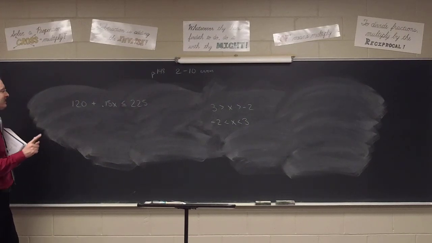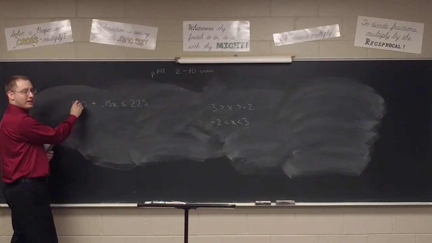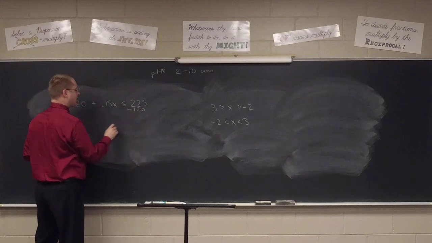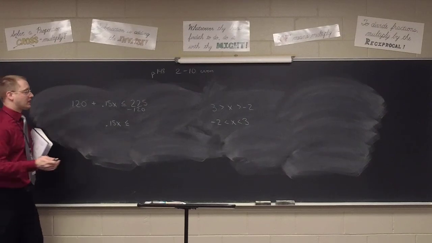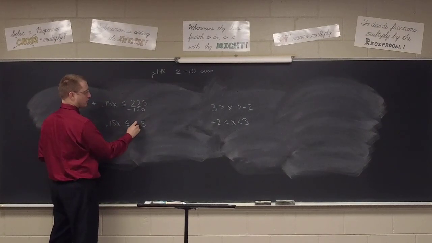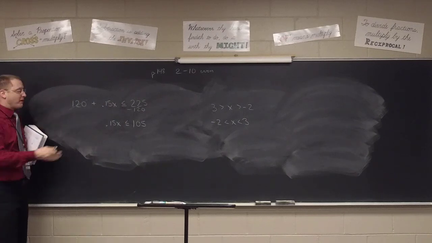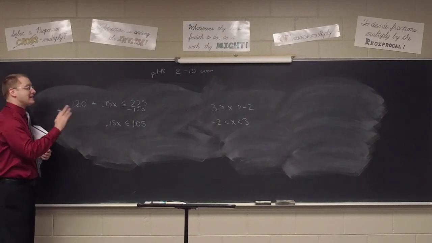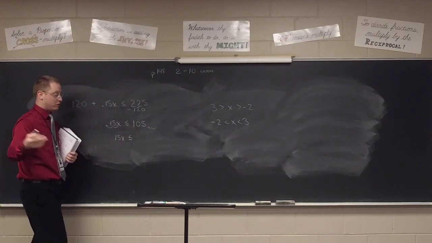I would advise not moving the decimal yet, because that just makes a lot of big numbers. Let's ditch the 120 first, Brecken, by moving it as a subtraction. And let's go ahead and take care of the subtraction while the numbers aren't huge. Does that make sense? Again, that just means while I'm doing this, because I'm going to do the subtraction anyway, if I move the decimal right off, I'm going to have to subtract really big numbers with extra zeros. Yeah, don't want to do that. Now let's go ahead and move the decimal two places to make this 15x is less than or equal to